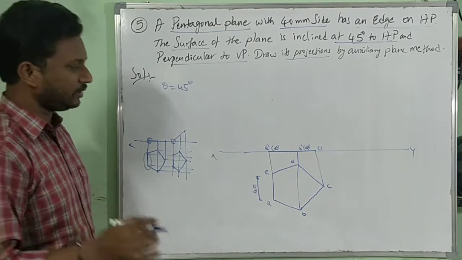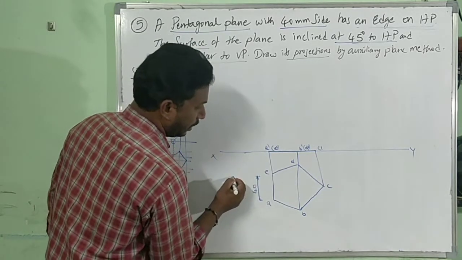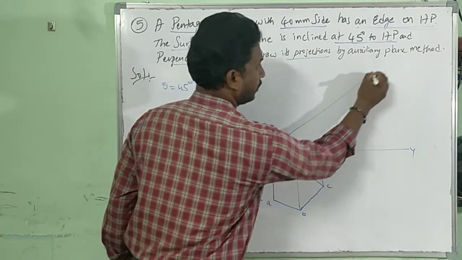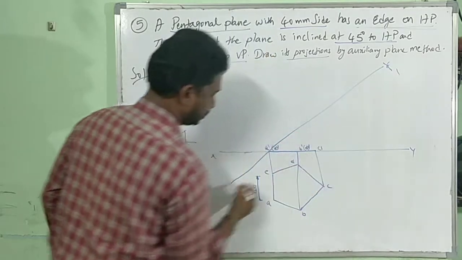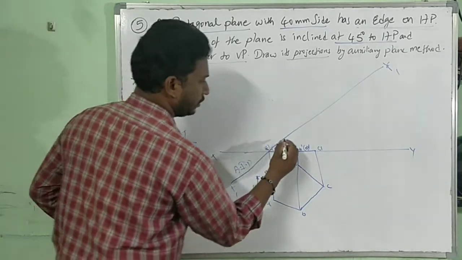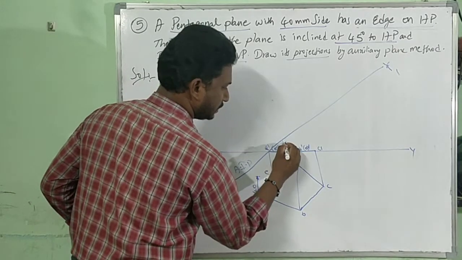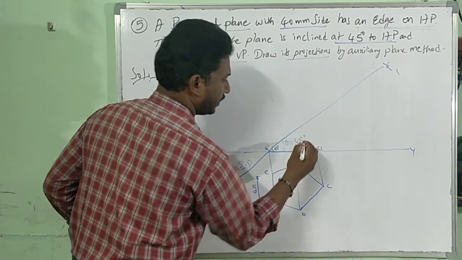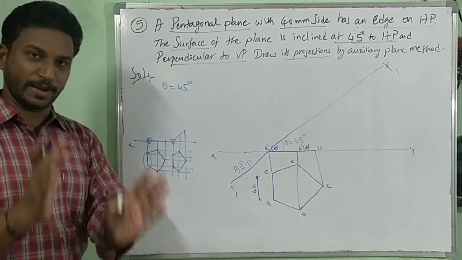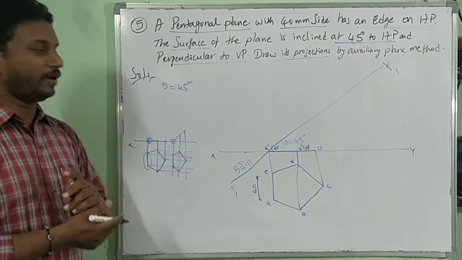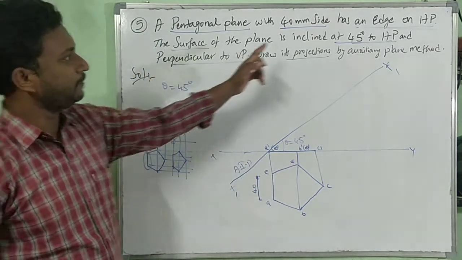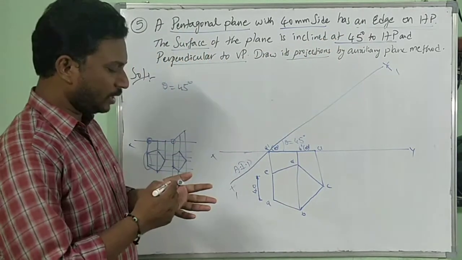So same condition, with respect to this line, I am supposed to draw a line which is x1, y1. This is the auxiliary inclined plane. Now this angle is theta equal to 45 degrees. I hope you understand. I have drawn the wrong thing, erased it, and explained why I am drawing the right thing. Why? Because this x1, y1 should be coinciding with this point, because an edge is on HP. From here you know everything.